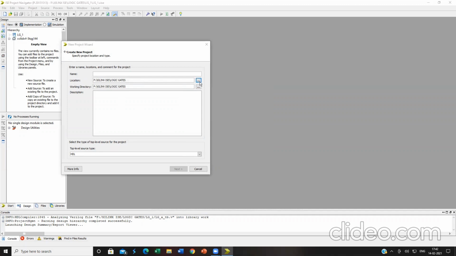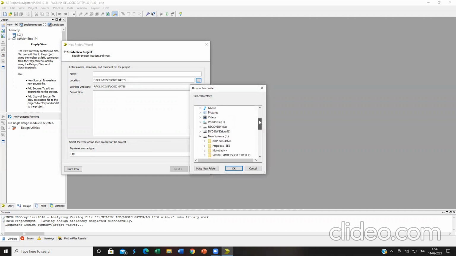Select the location: in the present case, the location is New Volume F drive. Within New Volume F drive, go to Simple Process Circuits, within it select Xilinx files, and within Xilinx files select Logic Gates. Within Logic Gates, the folder name that I am going to create for simulating my two input NAND gate is two input NAND gate.